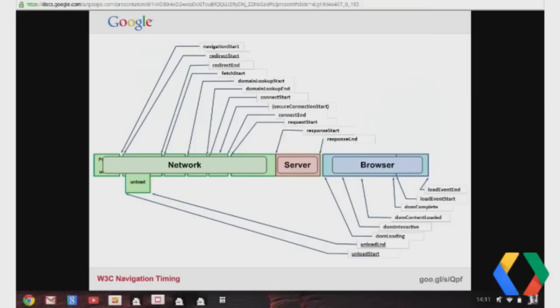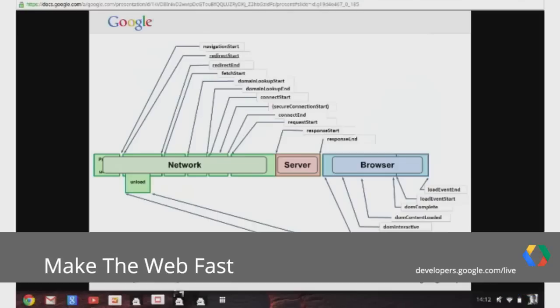Never happened to me. And then the last one is the browser, which is once the server sends all of this data and it's delivered over the network, the browser actually needs to interpret all of this data and lay it out on the screen. And increasingly, we're putting more and more JavaScript into our pages to make it more interactive. So that stuff also takes time.